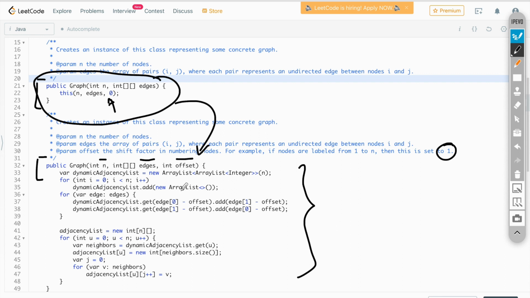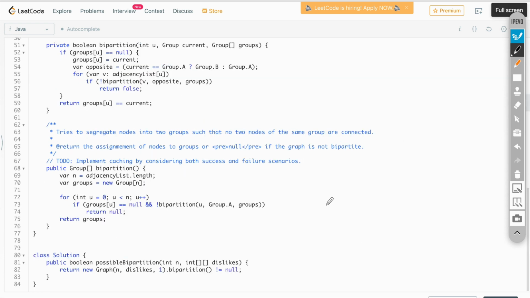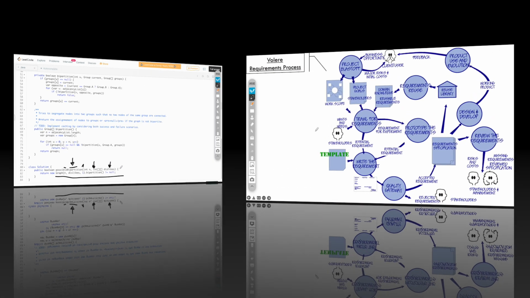But all in all, at the end, you will have everything transformed into this adjacency list internal data structure. What remains is known as plumbing work. So this is all that is needed. We would create an object of type graph, pass n and dislikes directly, specify 1 for the offset, call bipartition, and test for null. That's all.